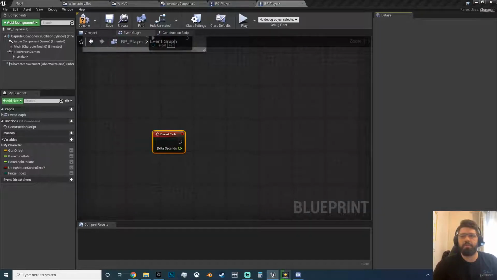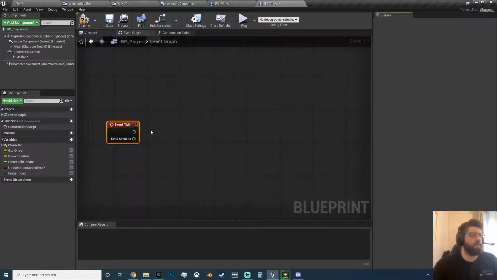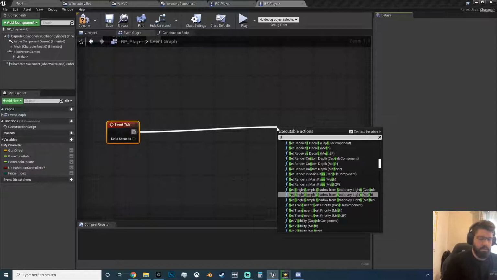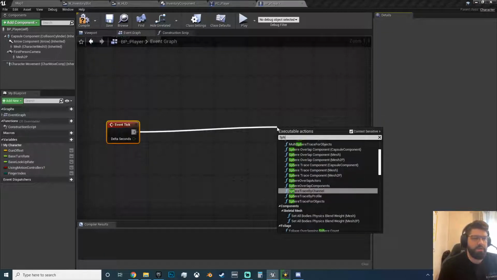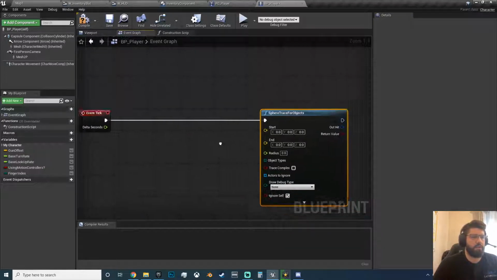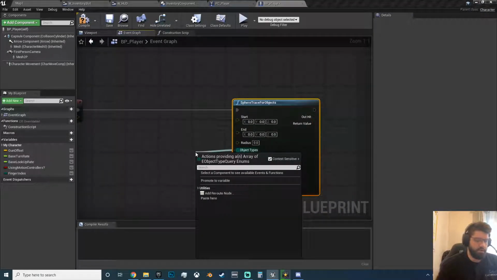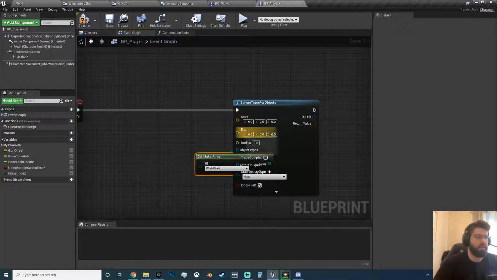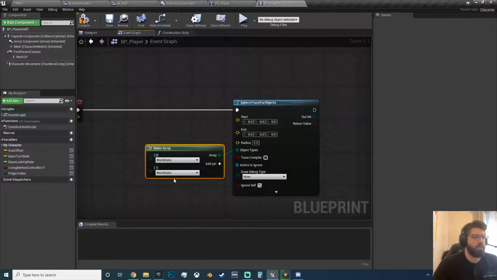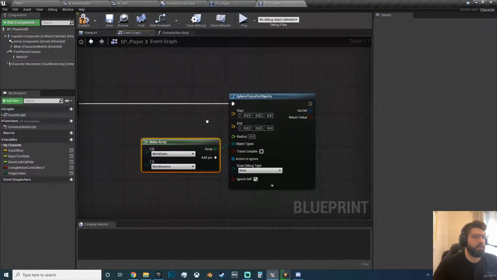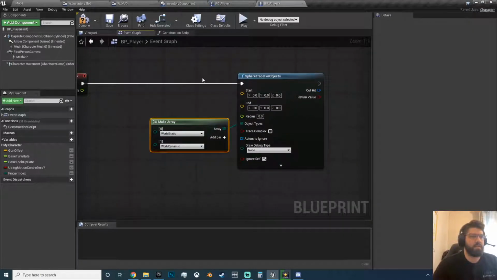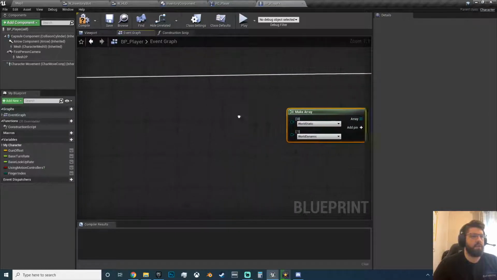I'm sure it's just a straightforward line trace from the first person camera, a sphere trace, yeah. So we just want to be doing a sphere trace by object. I always prefer to use object so you can do the collision properly. And then just make array here. Make sure we're grabbing all the world statics and world dynamics so we don't have to mess around with collision just yet. And the start and end point